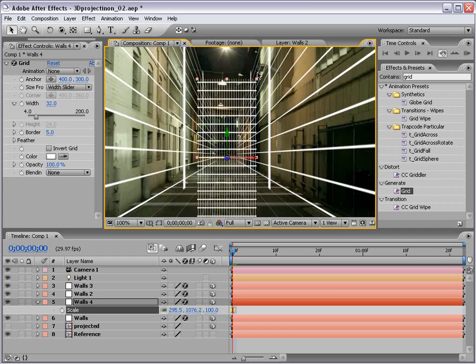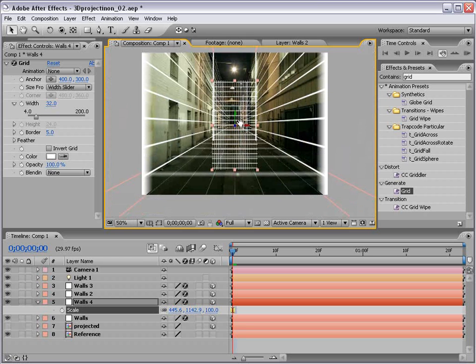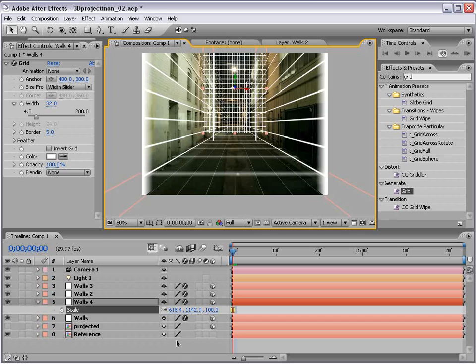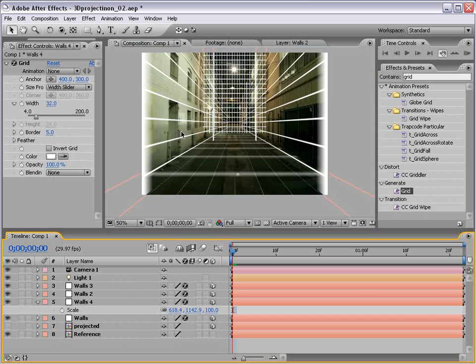Now we can enlarge it, and it looks like it's overlapping, but remember, it's not. And if you hold down Shift, you can move things a lot easier in 3D space. So we just basically want to fill the space so that anything that doesn't get caught by the walls or the floor will get caught by this background